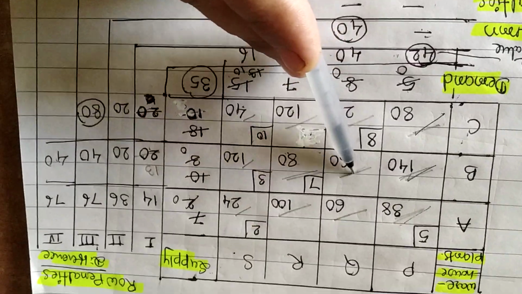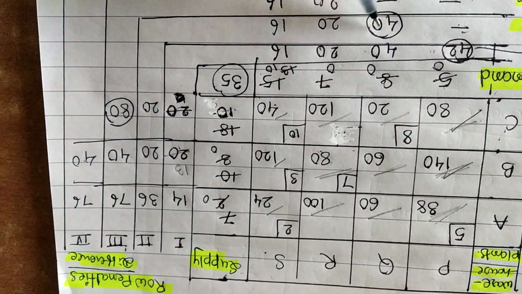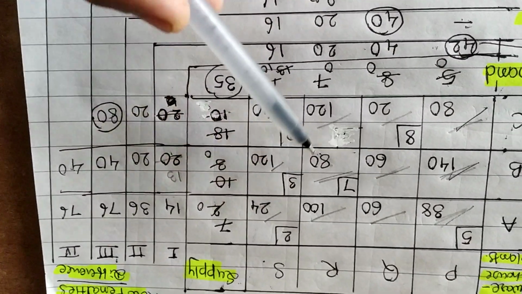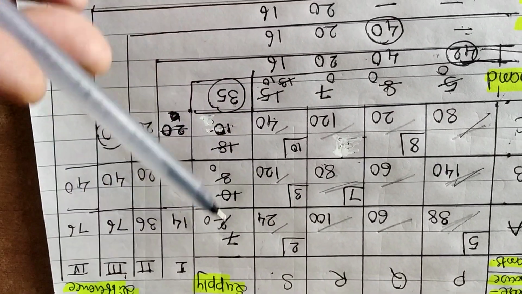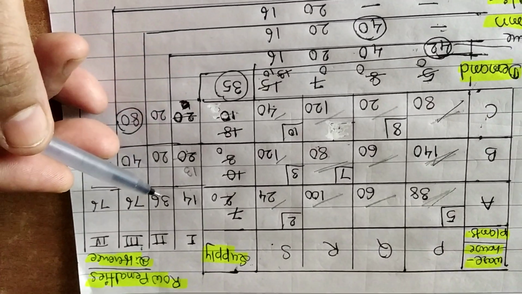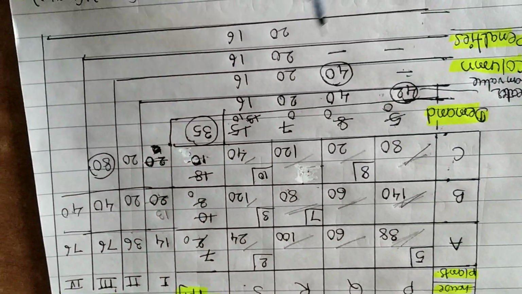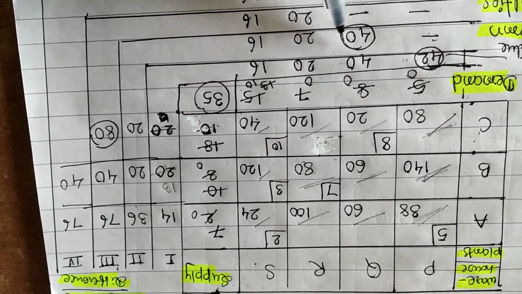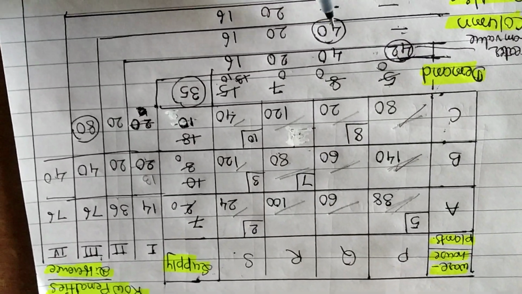Again for the second, you see first of all 60 minus 20 is 40, then 100 minus 80 comes to 20. Again 40 minus 24 comes to 16. Here you see 36, 20, 20 and 40, 20, 16, which means 40 is the greater number, so 40 is the greater number.